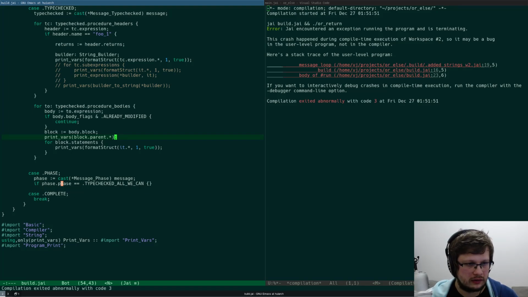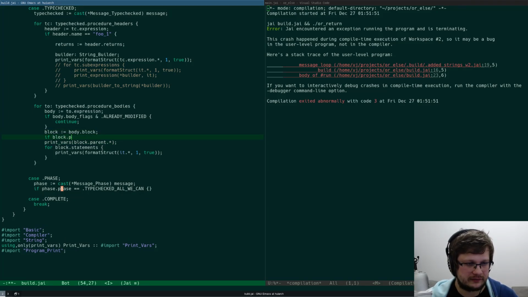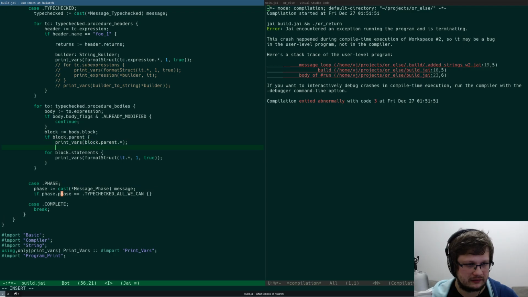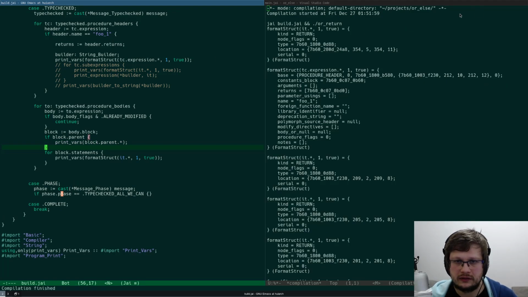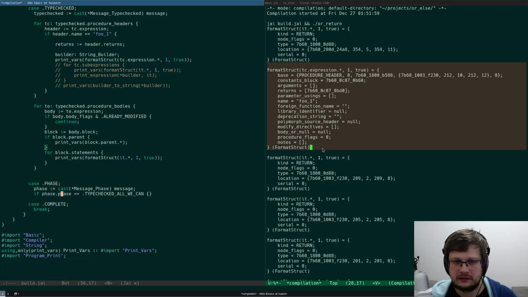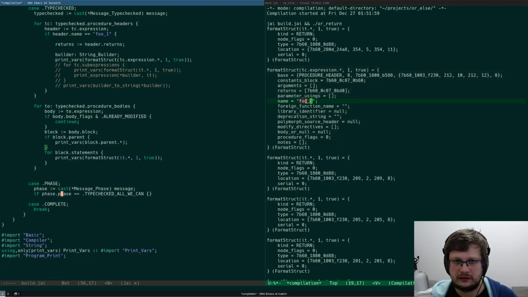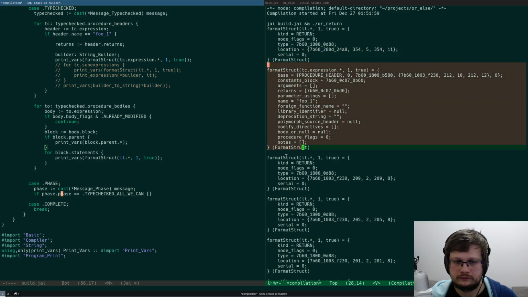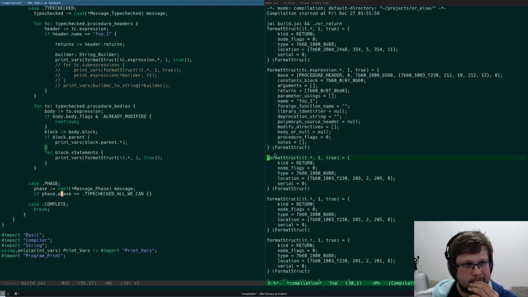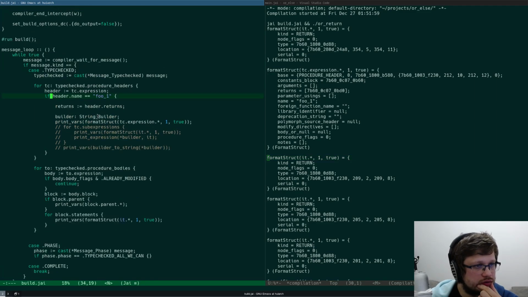If block dot parent, right? Procedure header for 1. If header, actually, you know what I want to do?